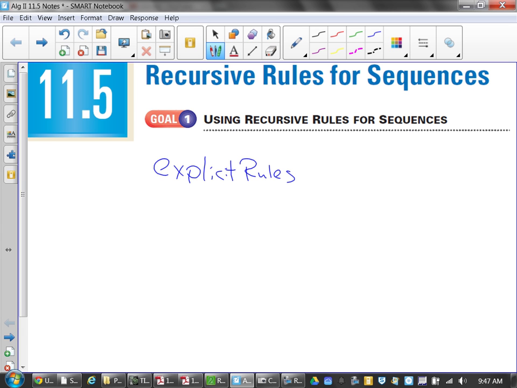Explicit rules are ones that I would call like your generics. These are your generic rules. Okay? Your generic rule for a sequence for arithmetic is your first term times the quantity n minus 1 times the difference. Your explicit or your generic rule for a geometric was the first term times the rate to the n minus 1. Well, when you're dealing with a recursive rule,